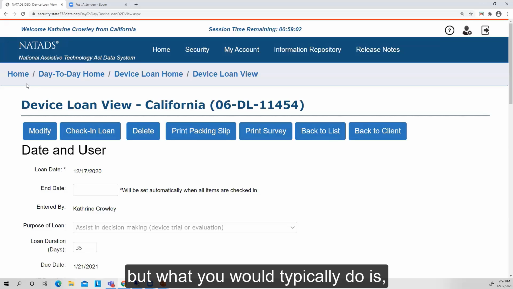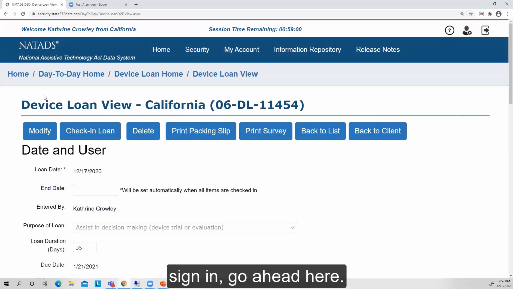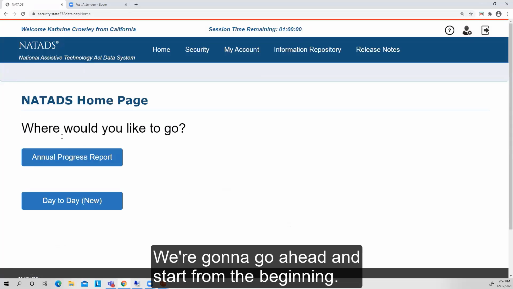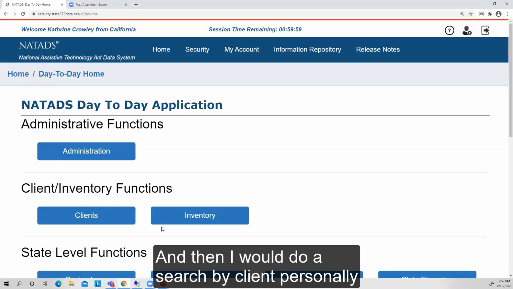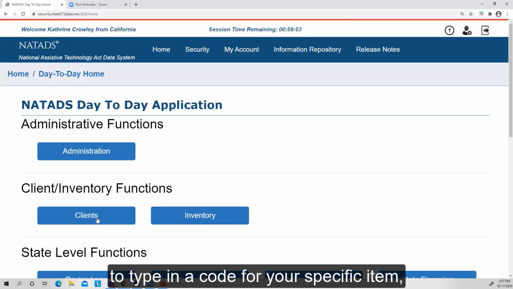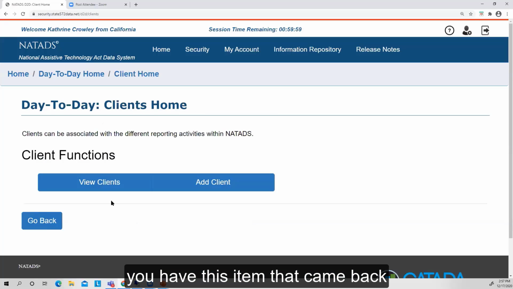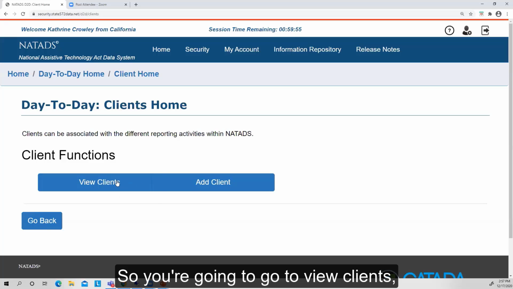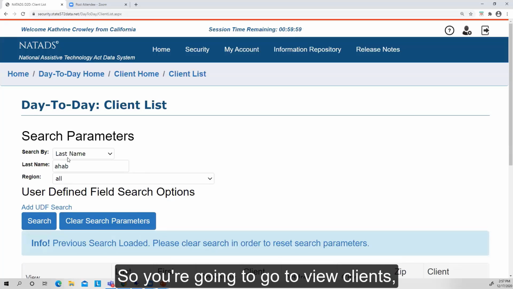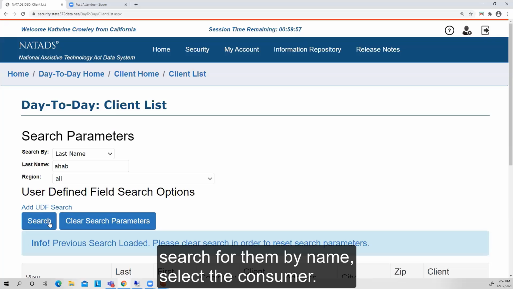But what you would typically do is sign in. Here, we're going to start from the beginning. Sign in, go to your day-to-day, and then I would do a search by client personally, because rather than having to type in a code for your specific item, you have this item that came back from a consumer that you know their name. So you're going to go to View Clients, search for them by name,